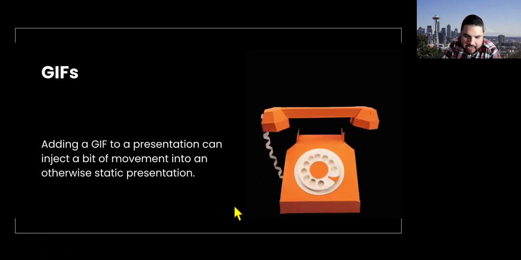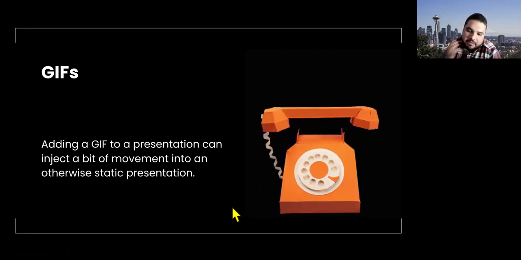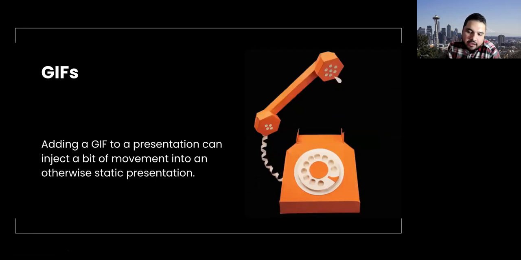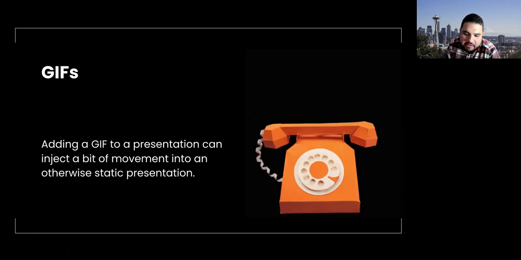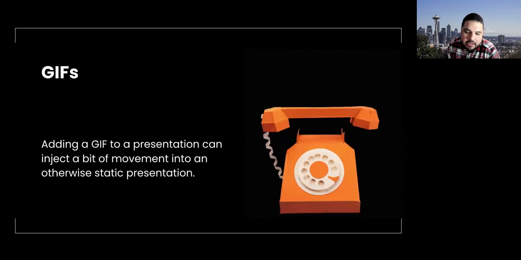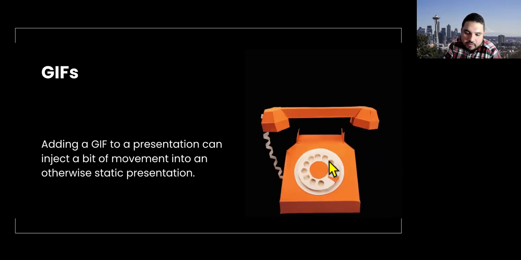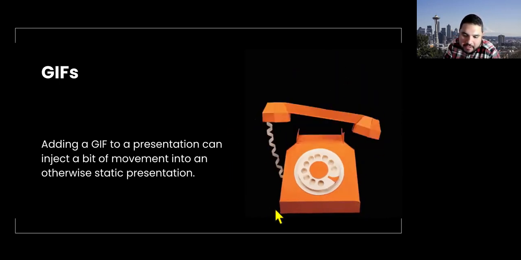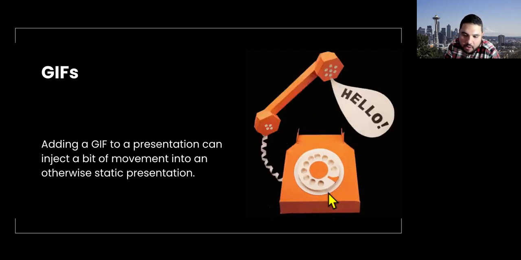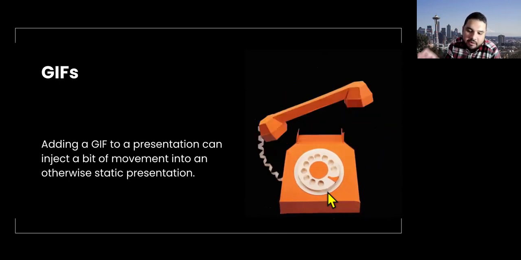And here's another GIF in action. If you have some type of movement in an otherwise static presentation, it gives it a little bit of life, a little bit of levity, especially if your topic is a little dry or serious. It depends on your audience, of course, but it gives your presentation a little bit of spunk, so to speak. The GIF itself is on a black background, so I made my background black, and it looks like the orange phone is by itself.